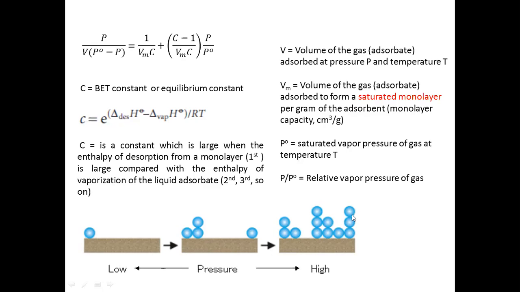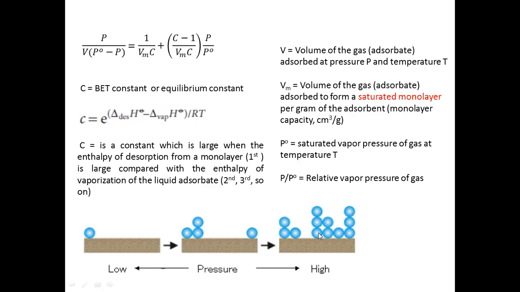So for the second, third and subsequent layers, you must use the term enthalpy of vaporization, because these molecules are going to evaporate out of the first layer, and of course the first layer is going to evaporate, then it goes to the second layer,